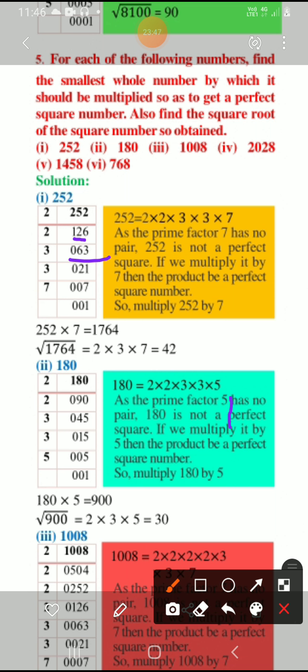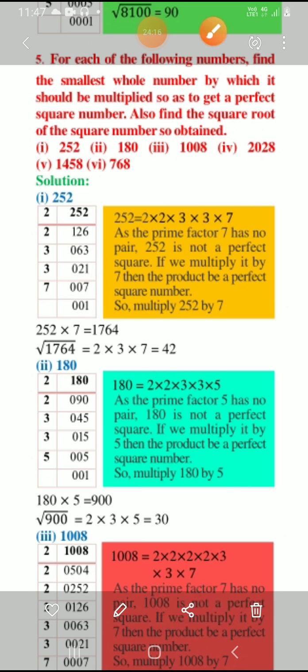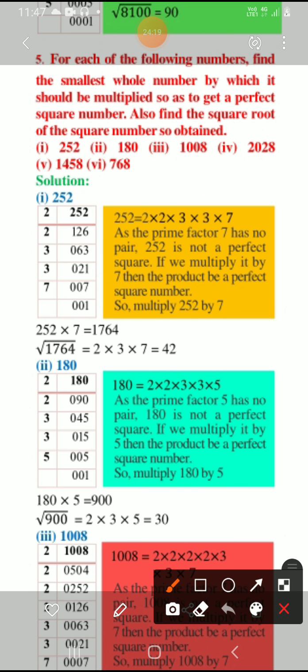Next we take 3, so the 1 0 we keep as it is. So 3 2s are 6 and 3 1s are 3. Okay, next we'll take 7, right? Because 7 1s are 7, because we cannot divide 7 by 3. So here the answer comes as 2 into 2 into 3 into 3 into 7, right? So here you can see that 2 makes 1 pair, 3 makes 1 pair, and there is 7. 7 is a single number. So we can say directly that the prime factor 7 has no pair. Got it? It has no pair because it has only one number. 252 is not a perfect square.